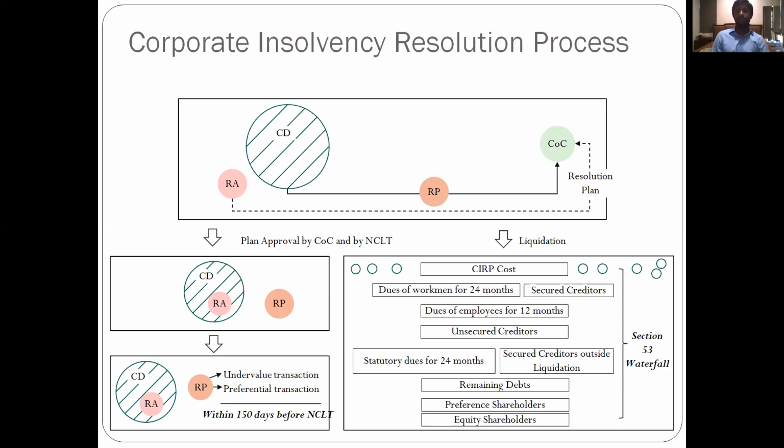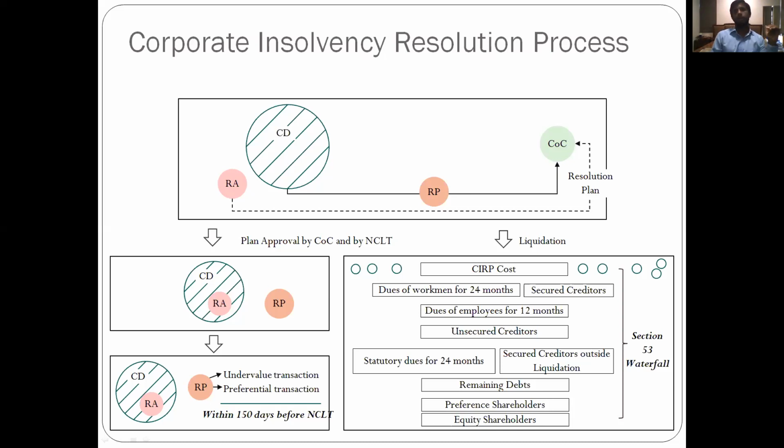So, Tata Steel made a bid for Bhushan Steel. If Bhushan Steel is the corporate debtor right here in the middle, Tata Steel was this new entity which is in pink. Now, we have a new actor here. It's called the RA, which is a resolution applicant. So, I am a prospective bidder. I like the company. I like Bhushan Steel. We're in the same business, and I think we'd make a good synergy. So, I approach the COC with what we call a resolution plan.